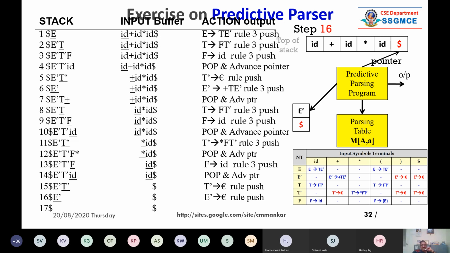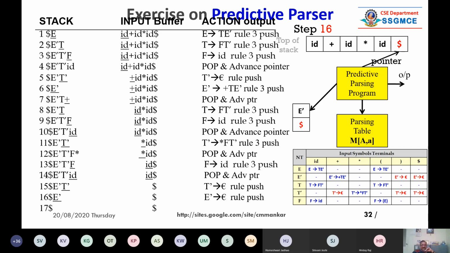In the 16th step, line number 16, you have E dash on the top of the stack and the buffer pointer is pointing to the dollar. So again, if you refer to the parsing table, you have to substitute E dash giving you the epsilon production rule. So that is a push operation. You just pop and push nothing.